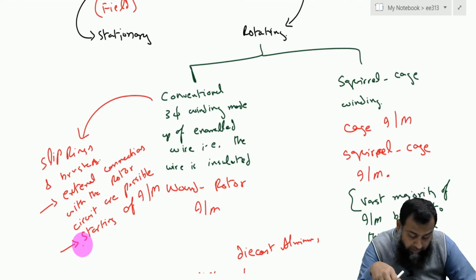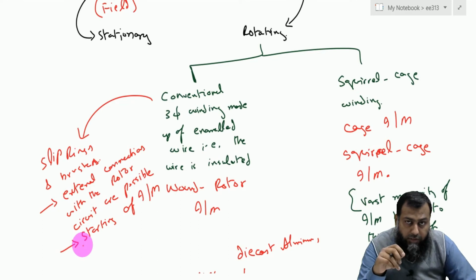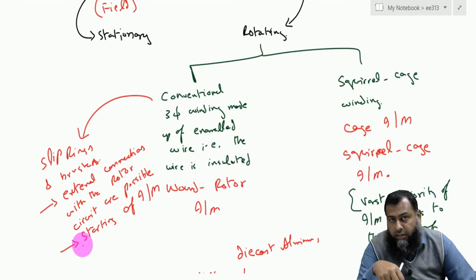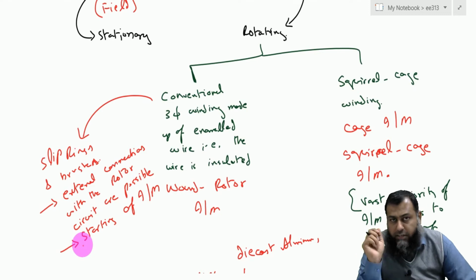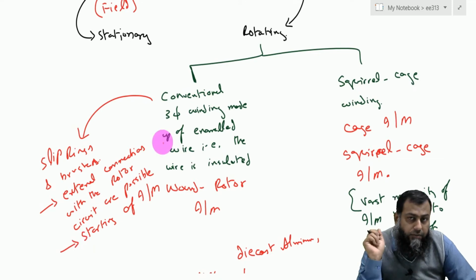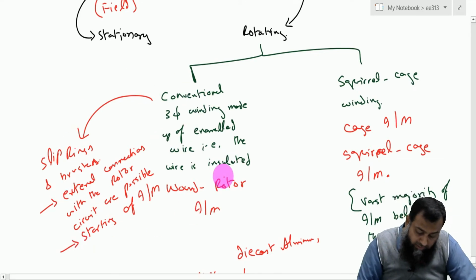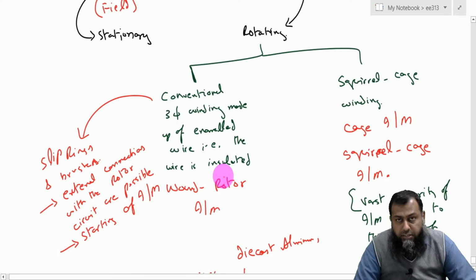However, with the slip rings and the brushes in place, the major problem arises with the maintenance of the induction machines. Now, one of the most classical advantages of an induction machine is that it requires almost zero maintenance as far as the squirrel cage is concerned. However, with these conventional schemes, which are known as the wound rotor induction machines, we do have issues with maintenance, and therefore the wound rotor induction motor is not much used in industrial applications.